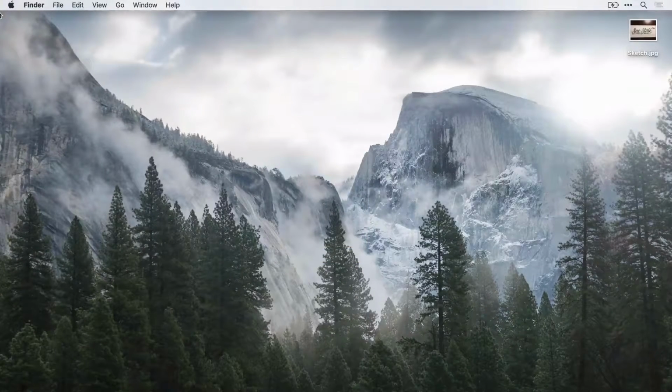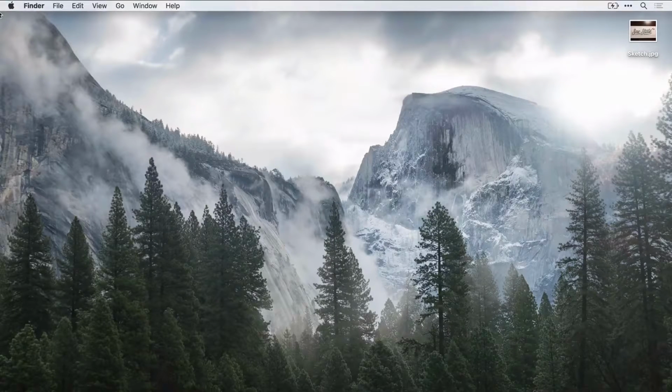Alright, so now you should have a picture of your sketch on your computer by using some sort of cloud storage software like Dropbox or Google Drive to get it onto your computer, or by simply sending it to yourself as an attachment in an email and then just saving it to your desktop. As you can see, I have a photo of my sketch on my desktop that's ready to be image traced